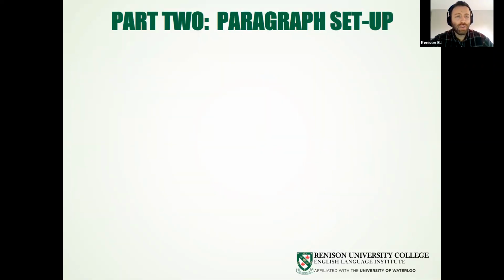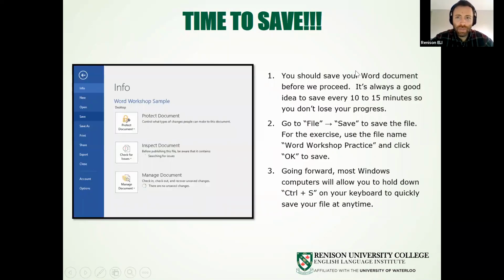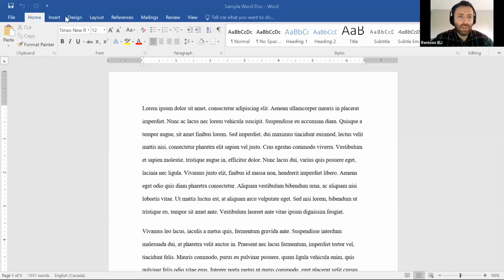So going into part 2 now, paragraph setup. Actually, before we go into part 2, I'm going to go back here. I'm going to stop our slide share and go to our document. So this is what our document looks like. You're probably wondering where I got all this text. I'll tell you in a minute. But just so we're all on the same page,